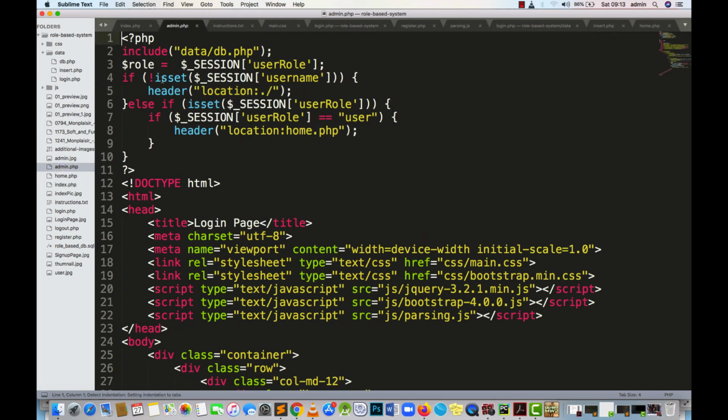So in the admin page, we also include the database connection. Then we say row session row. Then if session username is not set, we send the user back to the index page. We log them out, in short. Else, if session row is set, then we say if session row is equal to user, let's send them to